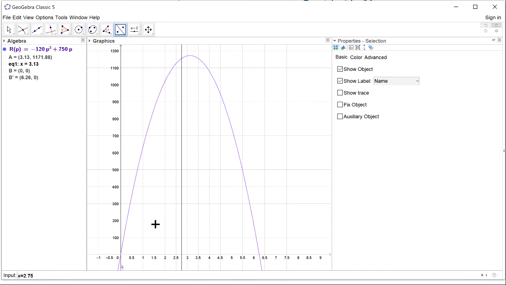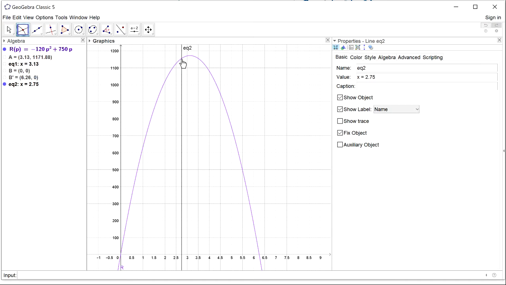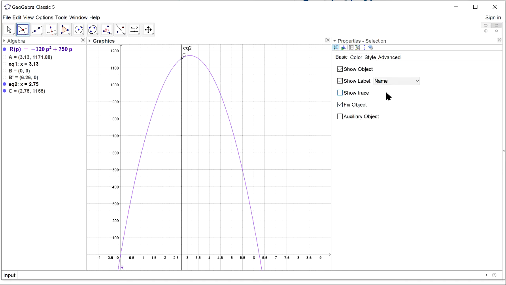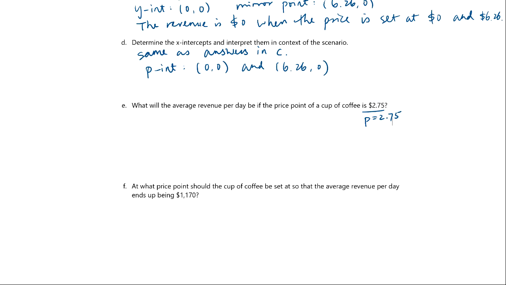So that should be where my price is set at, and wherever they intersect should be where I would get the corresponding revenue. And if we look at it, when we have 2.75 being the input, we have 1,155 being the output